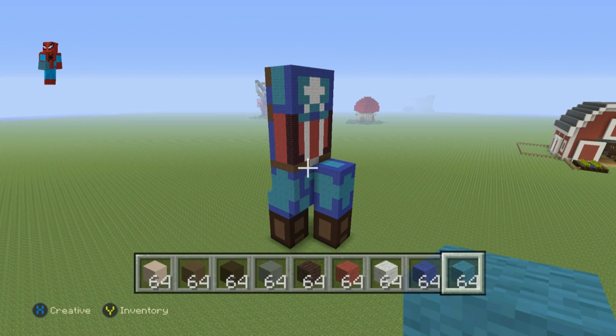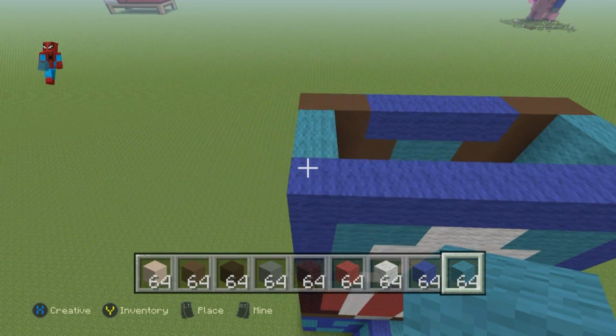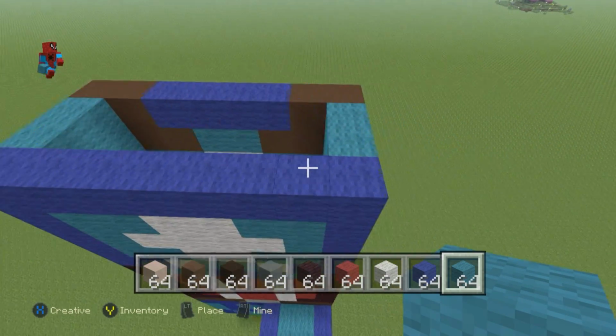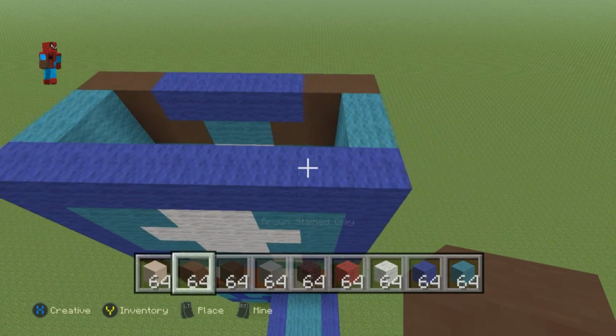It's a difficult statue to make. Once you've got that taken care of, however, this is what we're going to do next. We're probably, yeah, let's do Captain America's head, then we can work on the hard bits again. So come all the way up to the top of Captain America's torso. You want to be right up on the front of it,